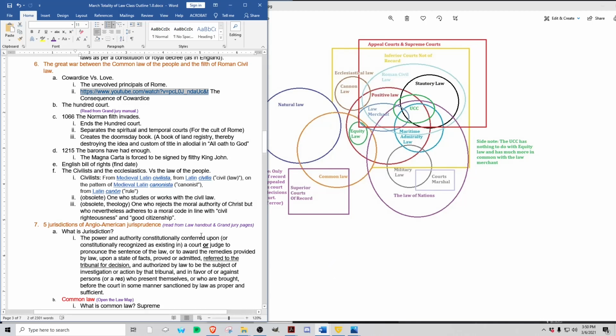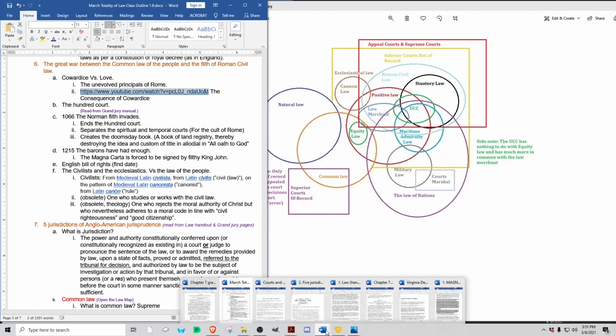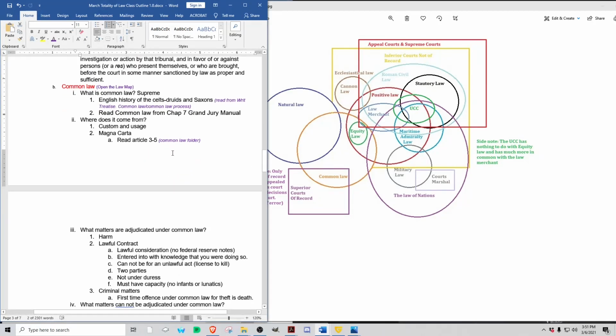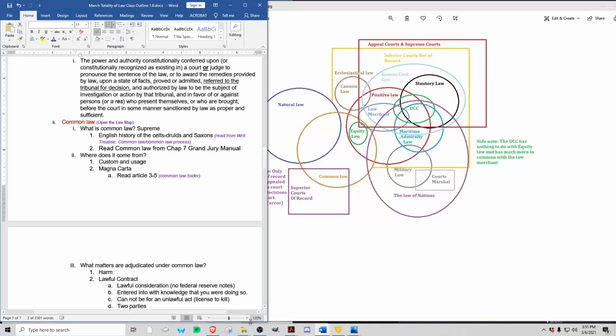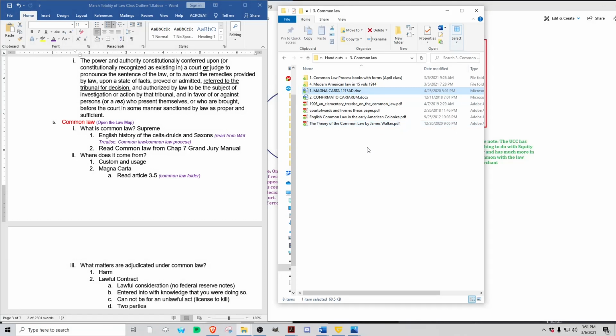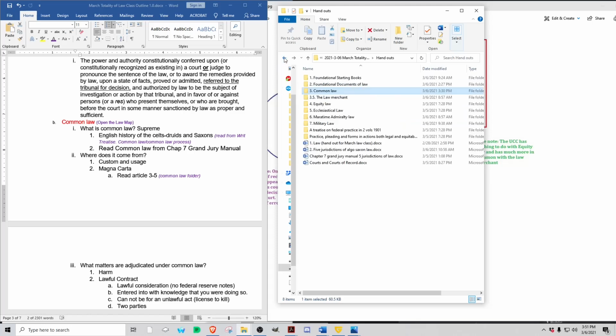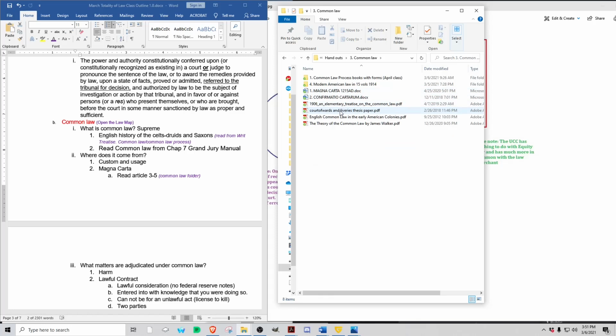So back to the fight. Okay, so we've got the fight between Roman civil law and common law. So they're beating, and also between Maritime Admiralty as well. From that, let me jump into something else here, just because I want to get the aspect of the fight more understood. So when in England, there was this time where they had this court, and this is, by the way, what I'm going to pull up now. This is under common law, and what we're going to look up and pull up is the Court of Wards and